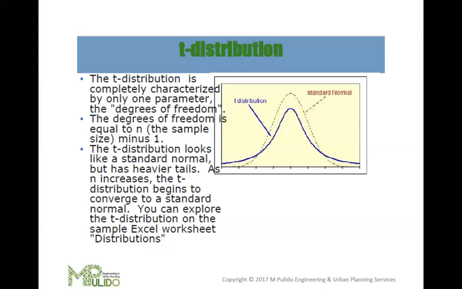For example, for small samples, suppose a researcher wants to estimate the average height of students in a particular class. The sample size is small, n equals 10, and the population standard deviation is unknown. The researcher can use the t distribution to construct a confidence interval for the mean height.